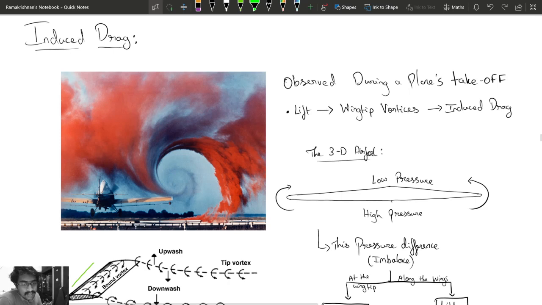So we can see that this is the picture of an airfoil, and we all know that the airfoil tries to create lift by using the pressure imbalance on the bottom and top surface of the airfoil. So the bottom surface has a higher pressure and the top surface has a lower pressure. We all know that. And since the wings are finite, the high pressure air underneath the wing tries to shortcut by curling around the wingtip and moves to the low pressure region. And this creates these kinds of vortices, and these vortices contribute to drag.